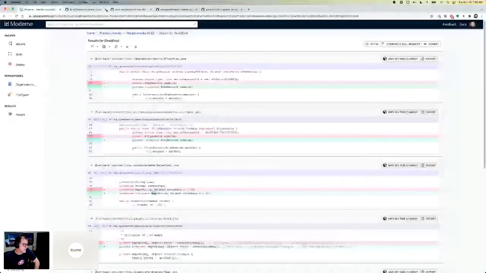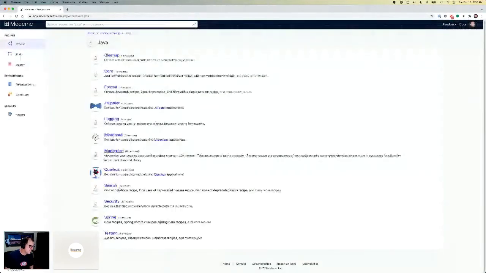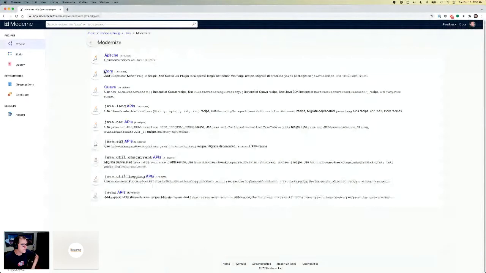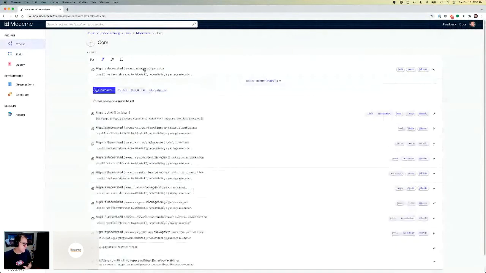So cool. All right, now let's go back to something that will hit a little closer, hopefully, to this audience, since this is a Jakarta talk. We're going to try moving from JavaX to Jakarta. So we have a whole category of things that in Java we call modernize. So you're going to find things like, basically, obviously this one we're going to run here, but there's also other recipes, and these are very much in their infancy. So I'm a little nervous to run this with this audience because, again, the Jakarta experts here, but we'll see how this goes.